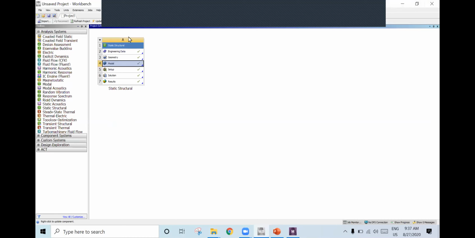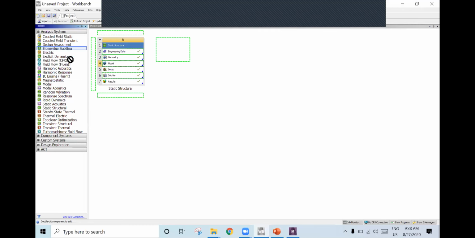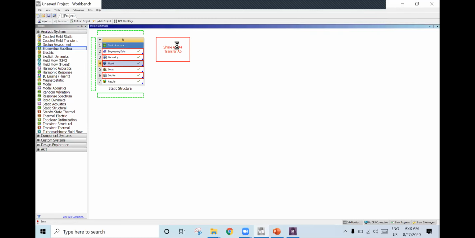Again, you come back to this project page. Here you have eigenvalue buckling, right? All of you getting it? Yes, sir. Go to eigenvalue buckling, drag this and place it on the solution cell. Both will link together.